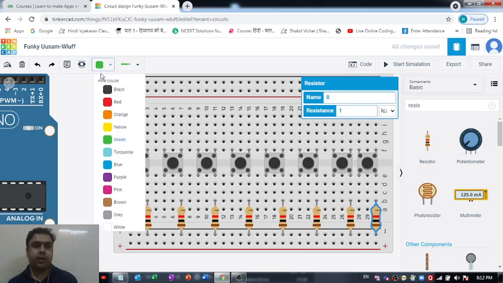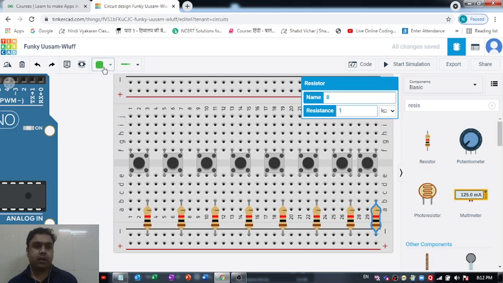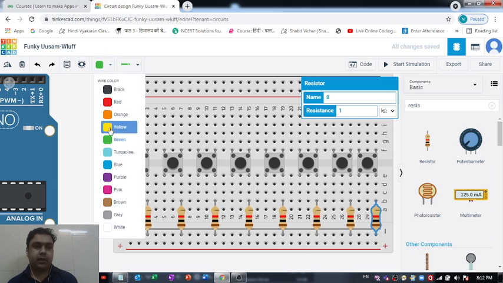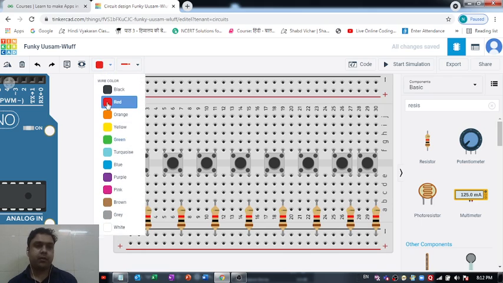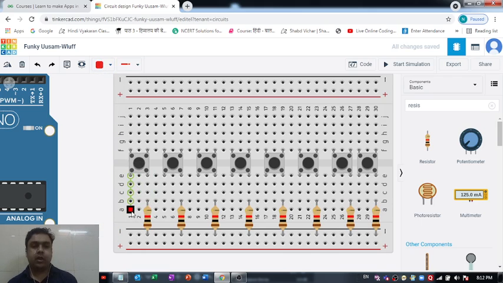So what we can do, we can simply make use of a color. Let's select green, or else let's go for red. Right, red is going to be a good option. So I'm connecting this one with this positive terminal like this. Similarly, we can connect this one with this positive terminal,